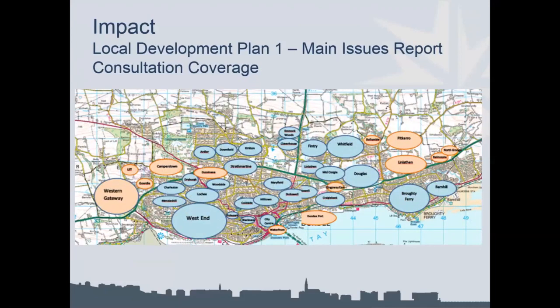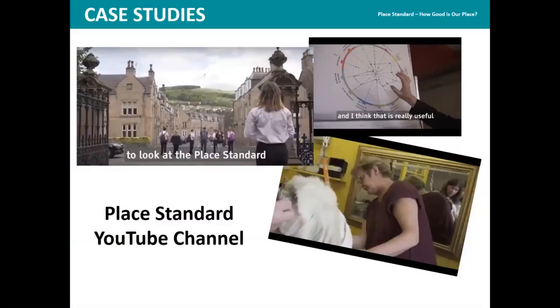The next slide, though, shows a picture of when the Place Standard tool was used with the same level of resource, and we had probably four to five times the amount of coverage and a significant amount of engagement and input from communities who tend not to engage in that process. So that was an excellent piece of learning in terms of increased engagement using this particular tool. If you like your case studies on film, please just type in Place Standard in YouTube and you'll get a number of subtitled